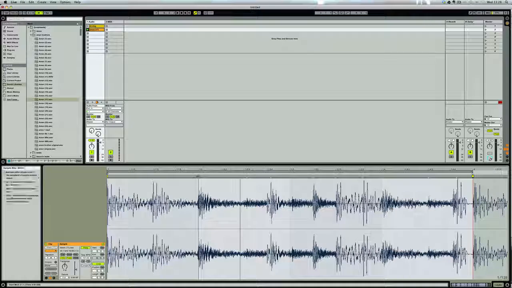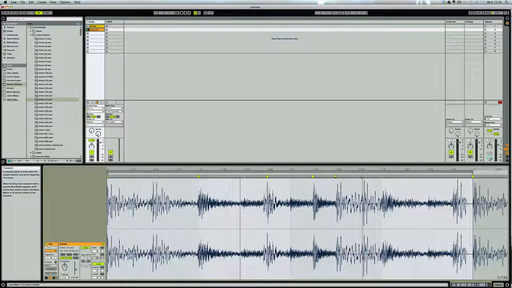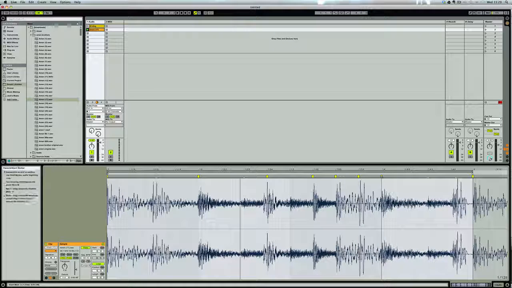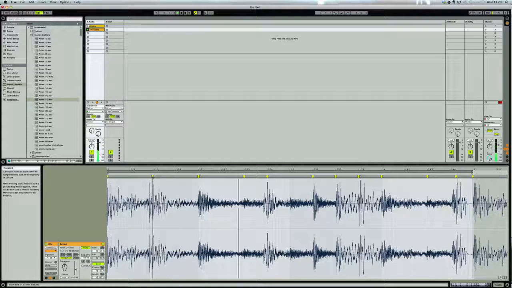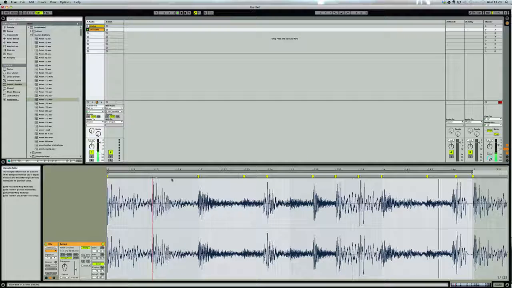And the same way that I did before, I'm just going to take these pseudo warp markers and drag them onto the closest major grid point up here where these numbers are. Okay, so that's an example of how you can take something that isn't cut so well and bring it in,